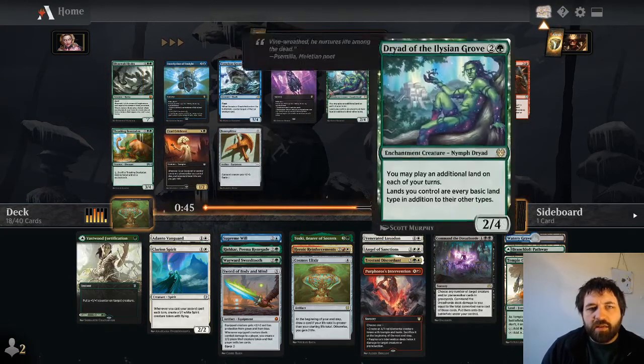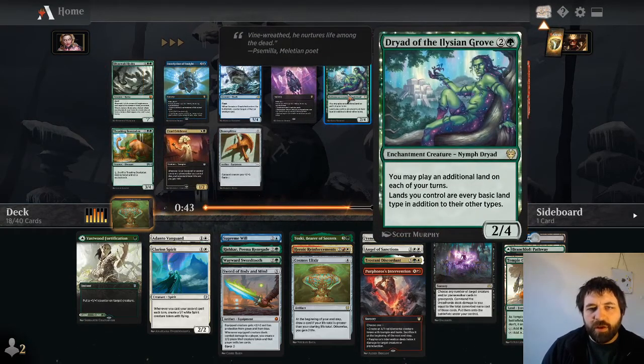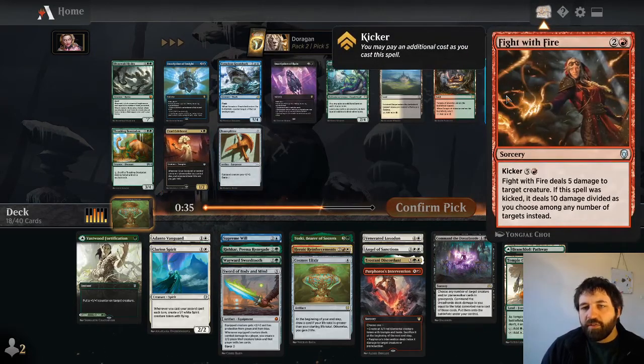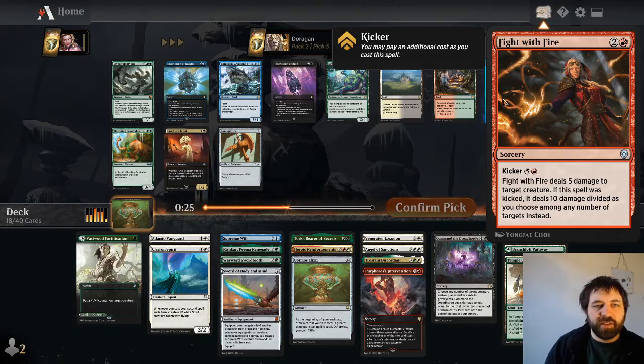Here, we've got another effect that's a little bit like the one with Sawtooth. It does help me splash for other colours. Got the Bone Splitter, just a solid aggro card. Fight with Fire. It costs 9 for the kicked one, but you can just deal 10 damage to the face. Probably something I'd more want in a